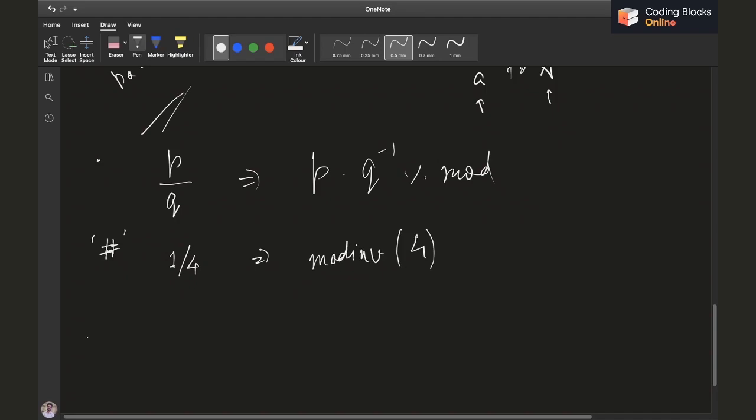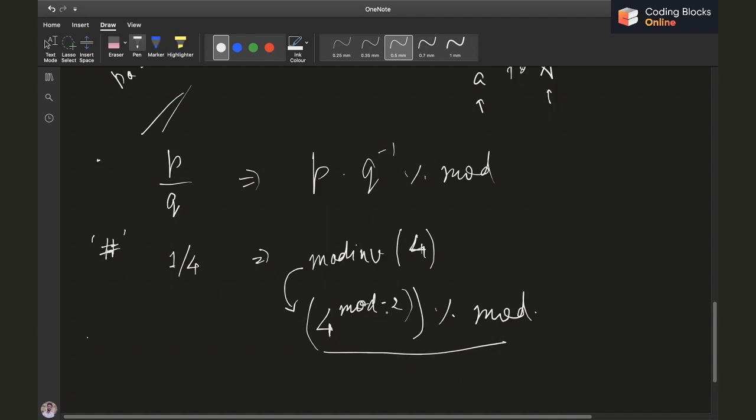I checked on the web, and you can also check, that the given modulo value is a prime number, and in the case of prime numbers, the modulo inverse of 4, or any other number x, will be equal to 4 raised to power mod minus 2 percent mod, right? I'll be using this in the code, so I thought I should let you know about this.